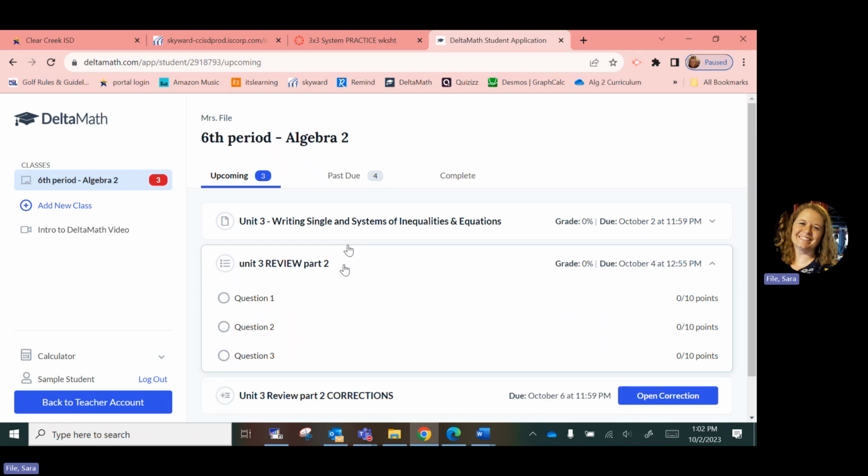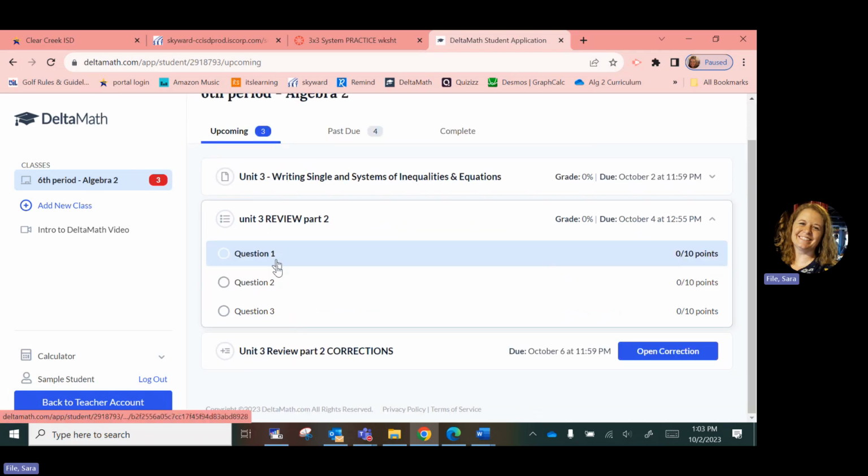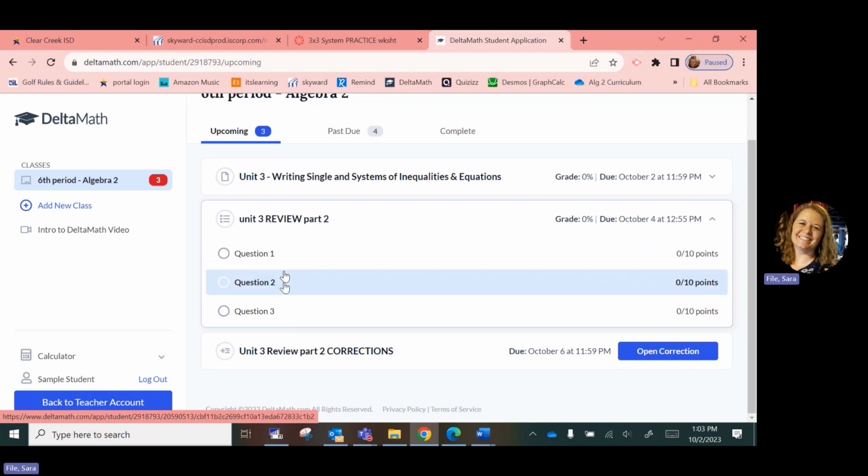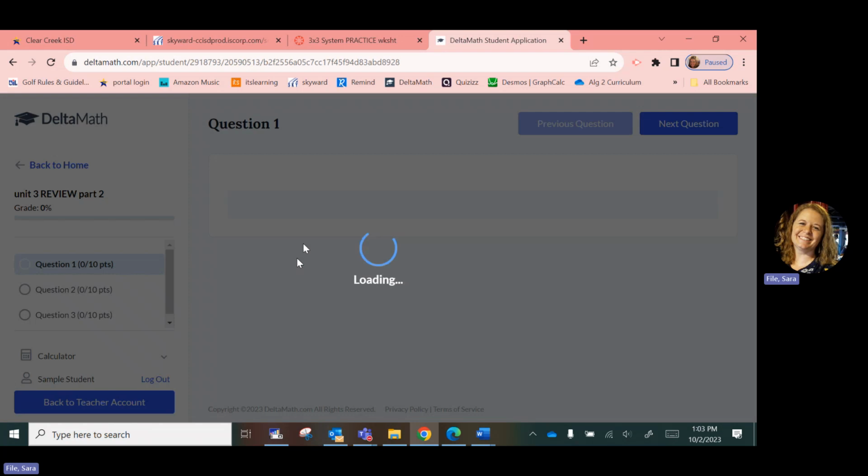So when you click on that, you'll see that it's just 3 questions. This is not like our normal Delta Math. This is set up specifically to where you just get this one question and it's right or wrong. Okay, you don't get to keep generating new questions and not losing points. Okay, so this is 3 questions only and you get them right or wrong. So when you generate your question,